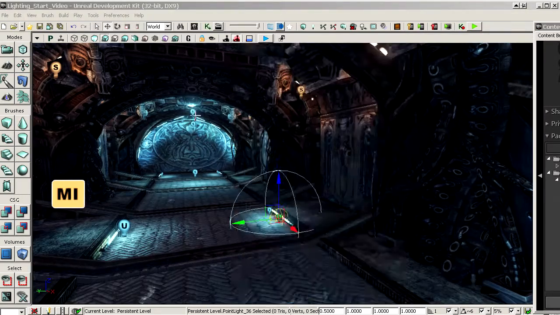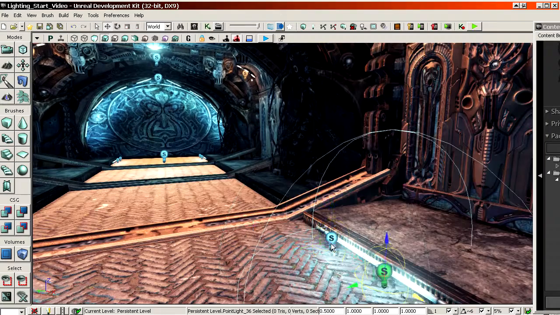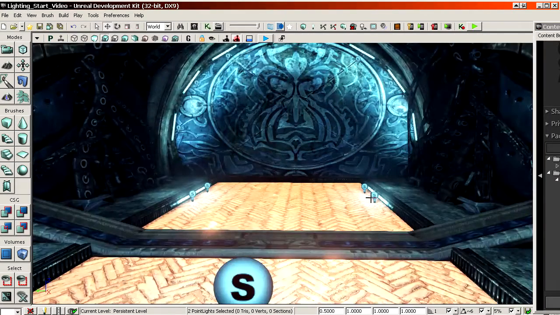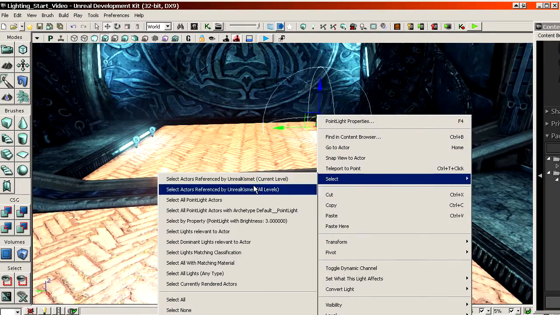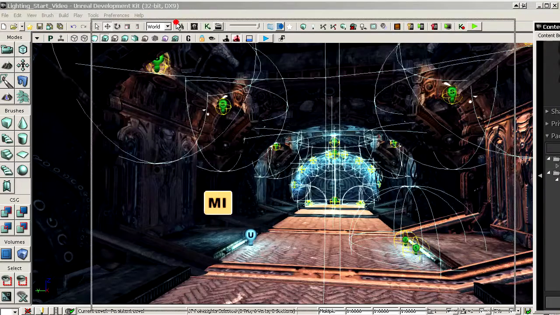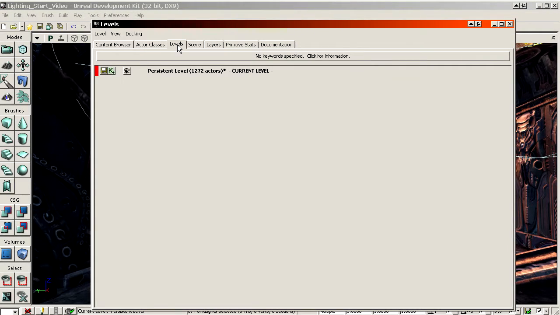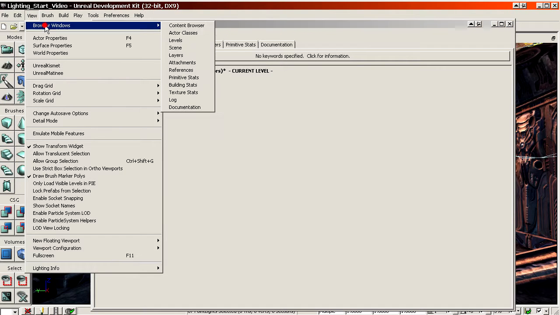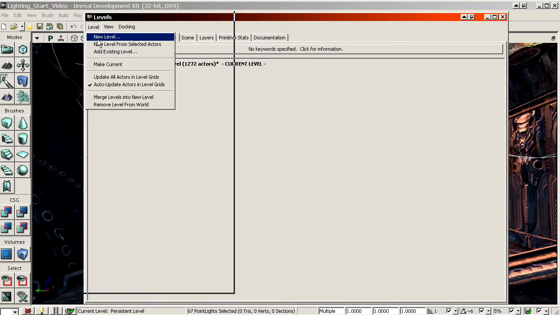There's also a third way of doing this, and that's by using streamed levels. So if for a moment I select a number of these lights, or in fact, let's just select all the lights, select all point light actors, go to the content browser here and then the levels tab. If you do not see the levels tab, it's probably in view browser windows levels. And then while you have all the lights selected, level, new level from selected actors,